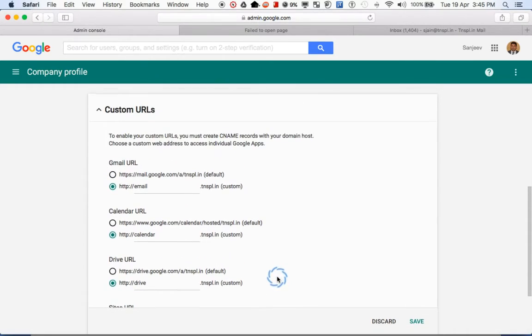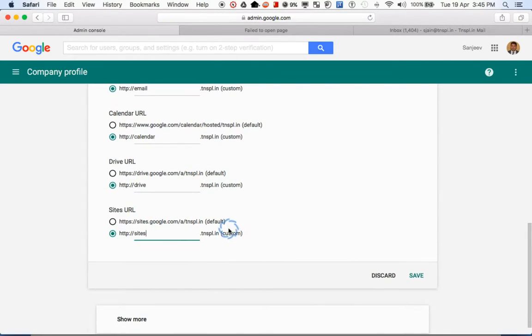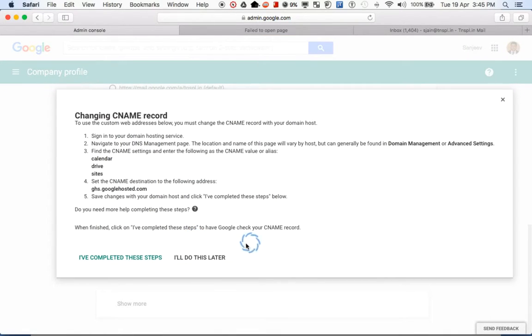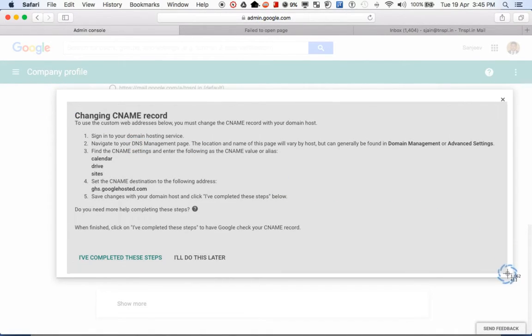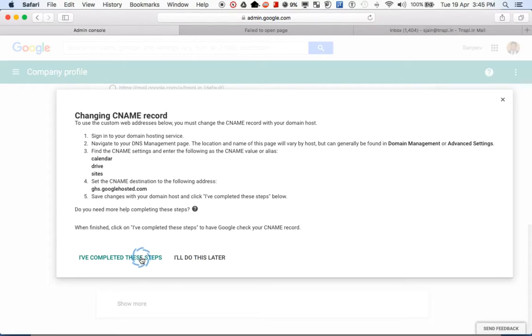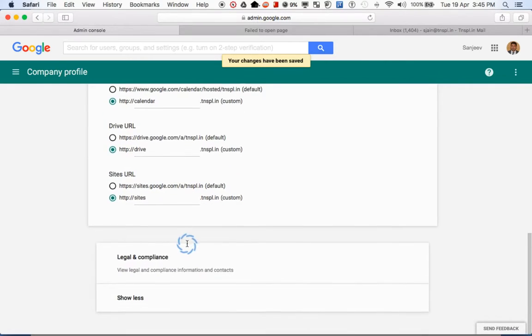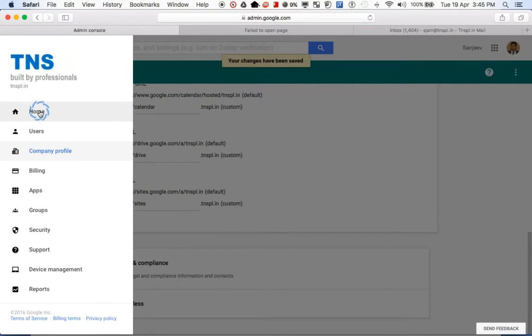For doing this, you'll have to create a CNAME record in your domain host for activating this service. This is how Google is giving the instructions. This needs to be done, and the CNAME has to be pointed to this particular address. So there are more settings here. Now going back,